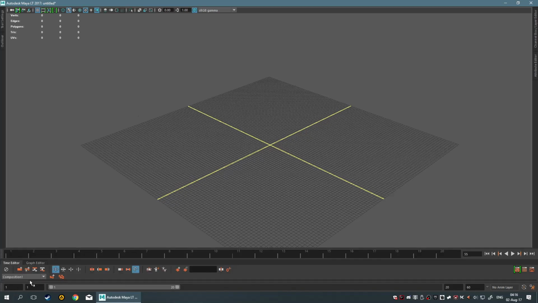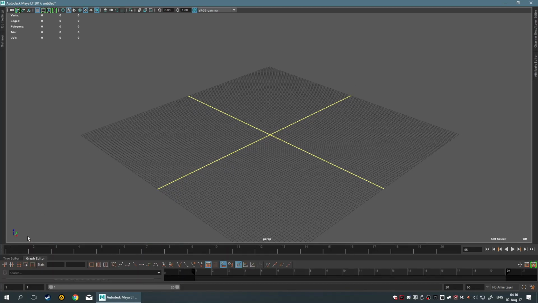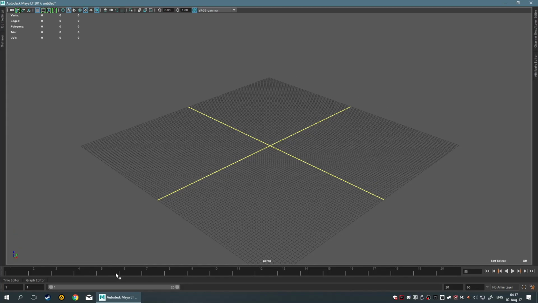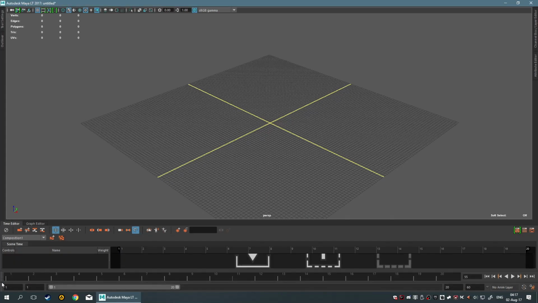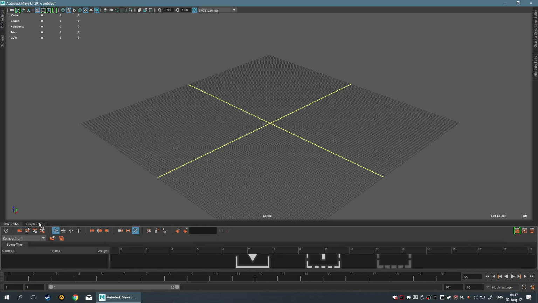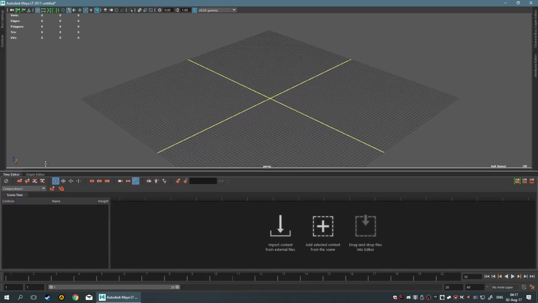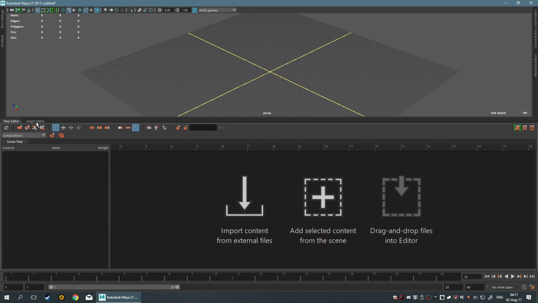Now, there are some other things like the time slider and the time editor and the graph editor, and these things require a lot of real estate. So we're not going to go through them just yet. And I believe I should be able to lift this up. I don't know why I'm not getting the little hint here. Yeah, for some weird reason, these things don't stack too well right now. Let me just pop this and put it over here. Very strange indeed. I have to dig around why this. Oh, there we go. Okay, so this makes a little bit more sense